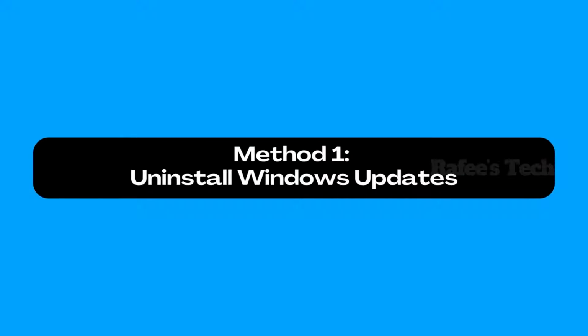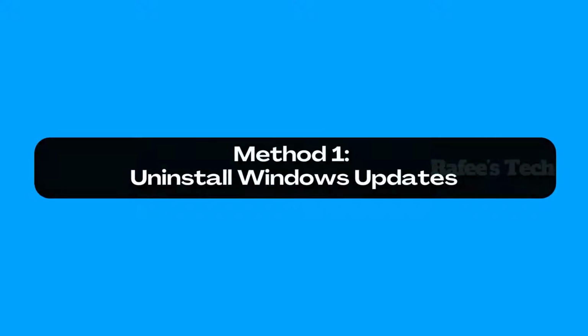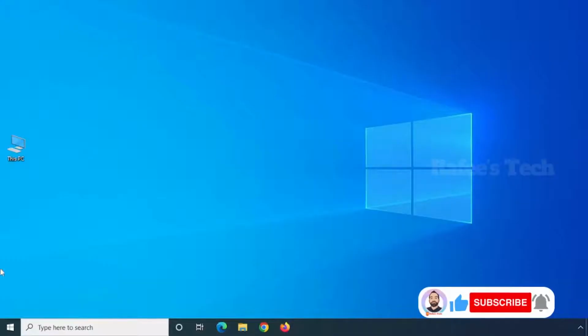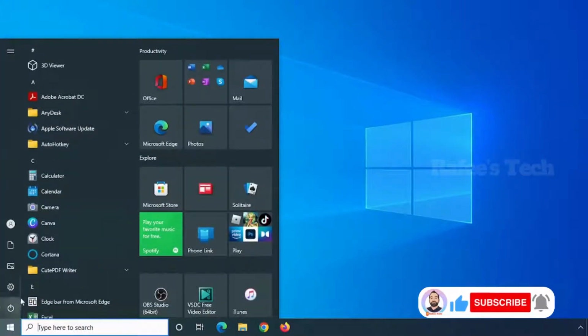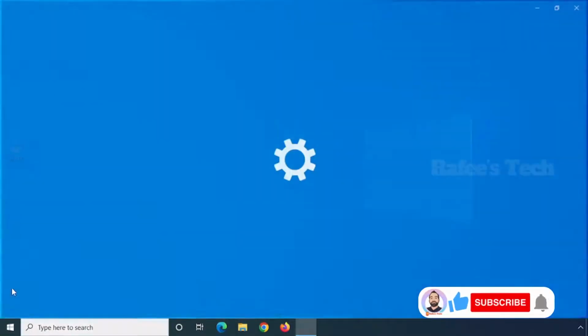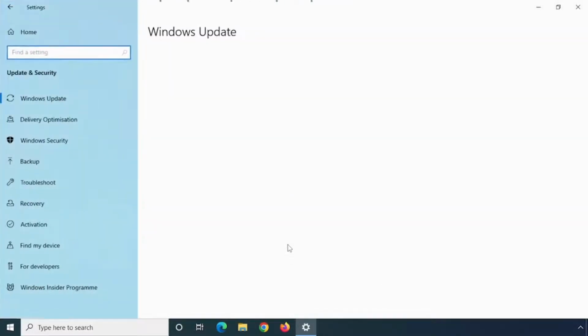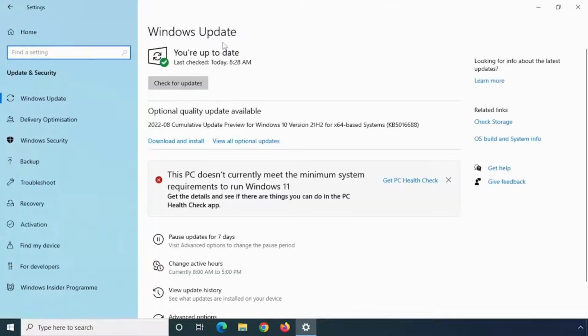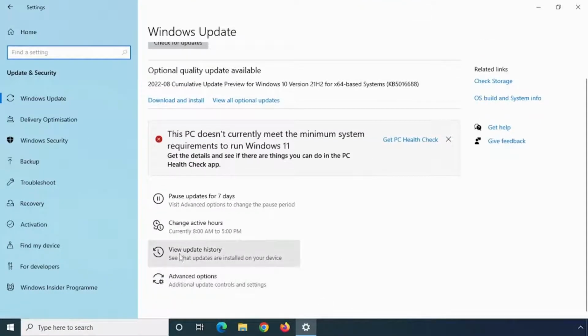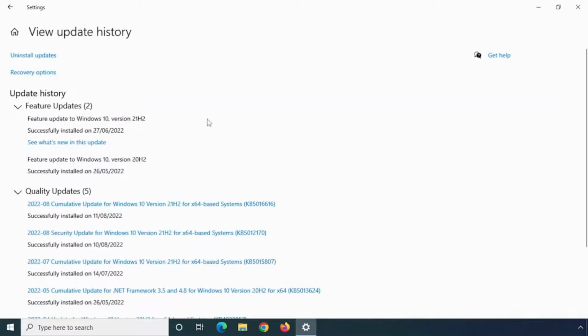Method 1, uninstall Windows updates. For that, click start menu and click on settings, and here just click on update and security, and it will open Windows updates page. Then below you can see view update history. Just click on it and it will open view update history page. Then click on uninstall updates,